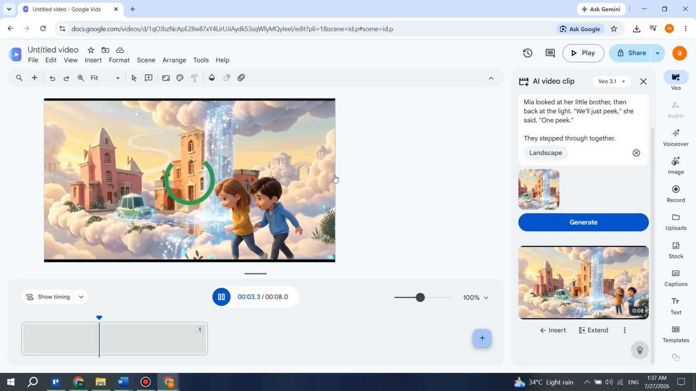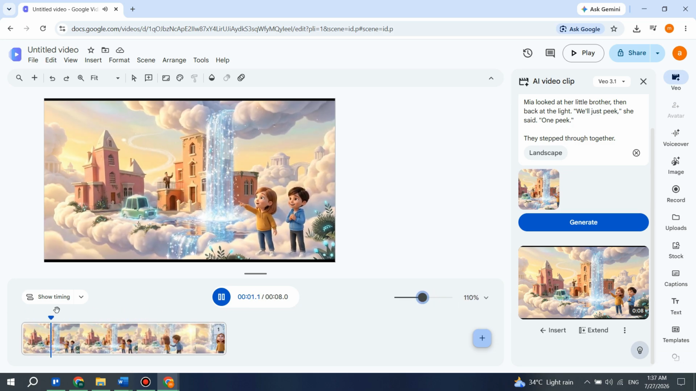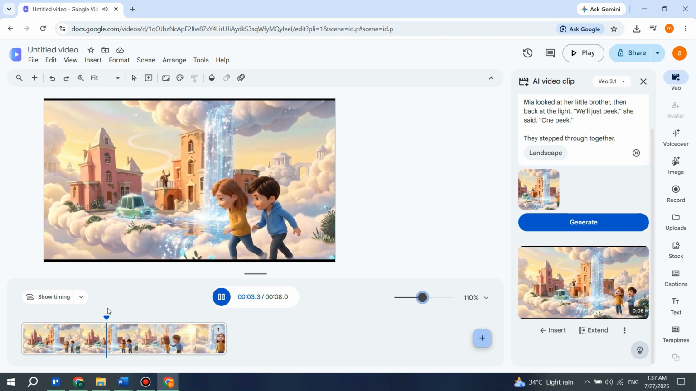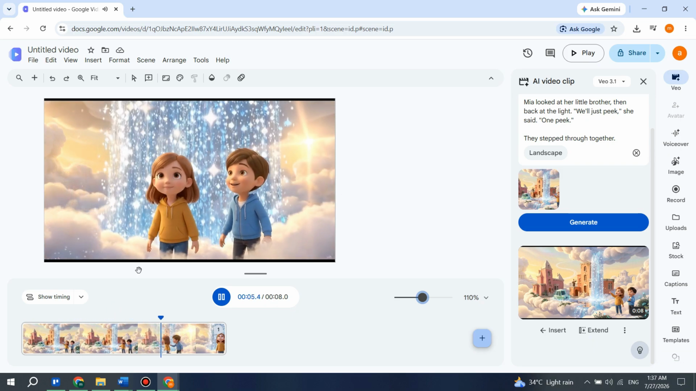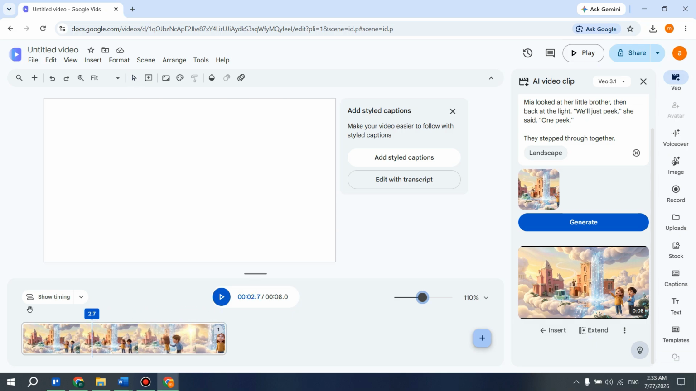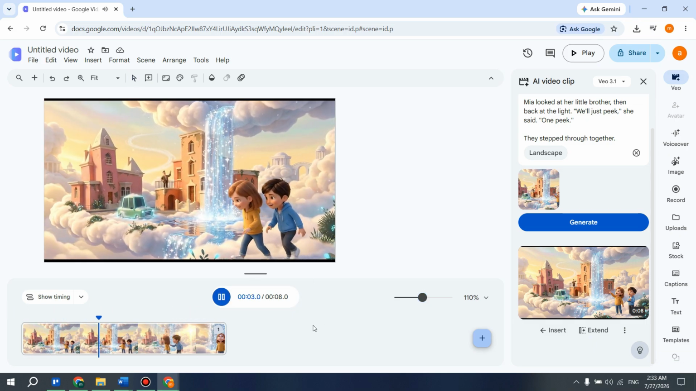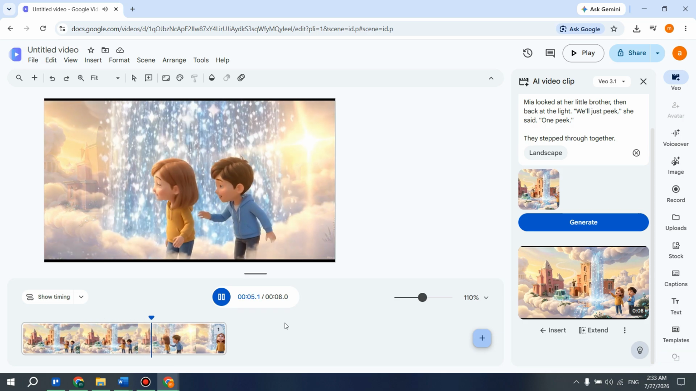This gives the AI a much clearer understanding of what should happen during each moment of the video, producing smoother and more natural animations. Once your prompt is ready, generate the first clip and review the results carefully. Don't worry if the first attempt isn't perfect because AI generation often takes a few tries. If the expressions, camera movement, or background don't look right, simply adjust the prompt slightly and generate again until you're